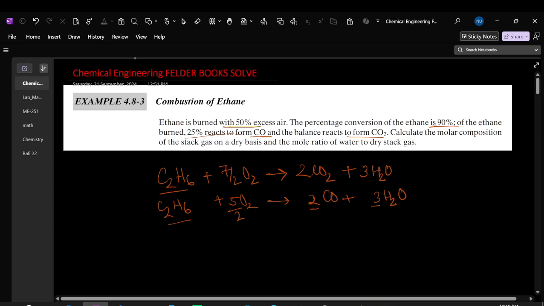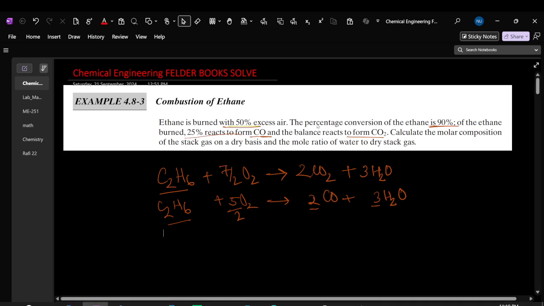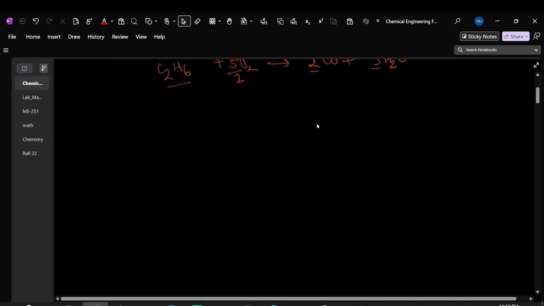So first we should write the flow chart to simplify our question. So now the flow chart will be here. The information is that ethane and oxygen or air are coming to the reactor, and the product will be carbon monoxide, carbon dioxide, H2O, and unreacted oxygen, nitrogen and ethane. So the flow chart will be